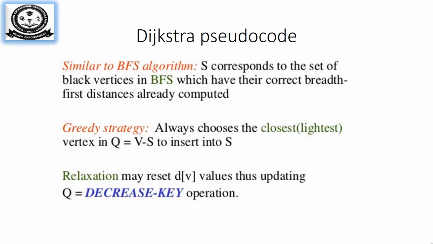This approach is similar to a breadth-first search algorithm in graph. So you will be traveling with the adjacent vertex only. So all the breadth-first search will be used. And it is also a greedy strategy. What do you mean by greedy strategies? What I choose, that is the best for me. I think that is best for me. So that is the greedy approach. So always choose the closest one, and we hope that the shortest path is calculated from the starting vertex.